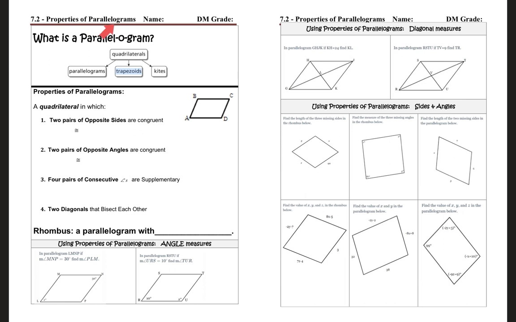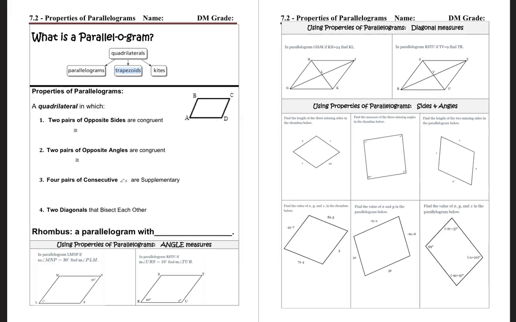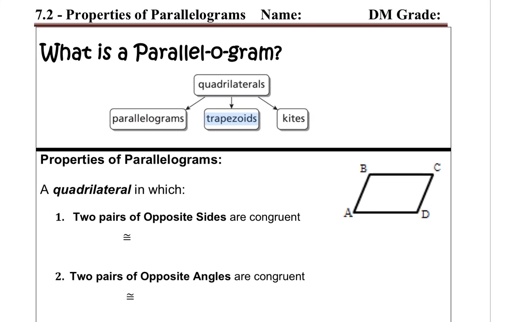We're going to talk about properties of parallelograms. So you may be asking yourself, what is a parallelogram? Parallelograms are all these shapes right here. Think about what those may have in common as we get into that. We talked about what a quadrilateral is, right? We know quadrilateral means that it has